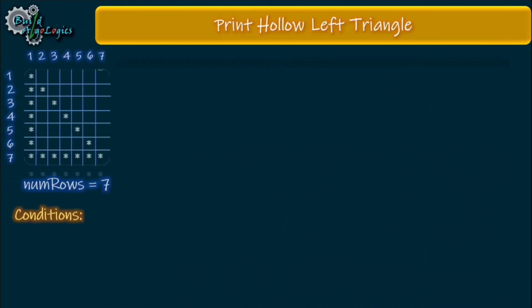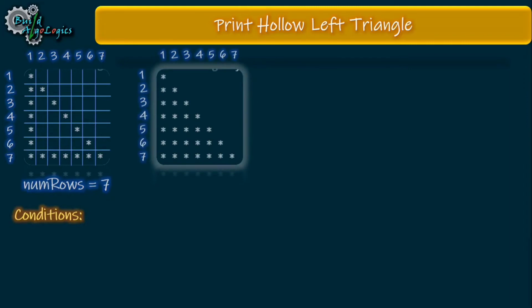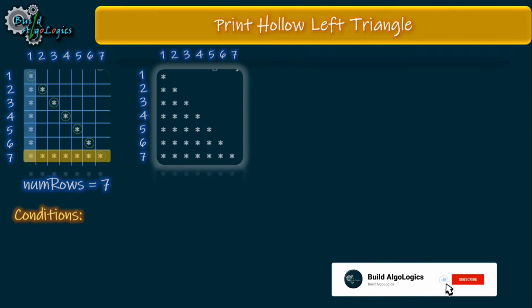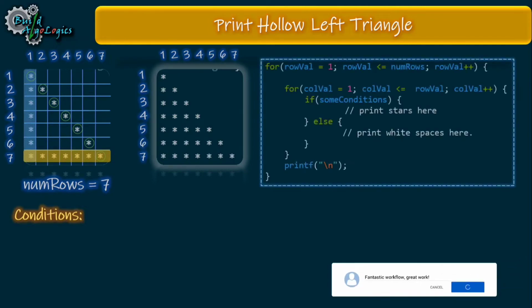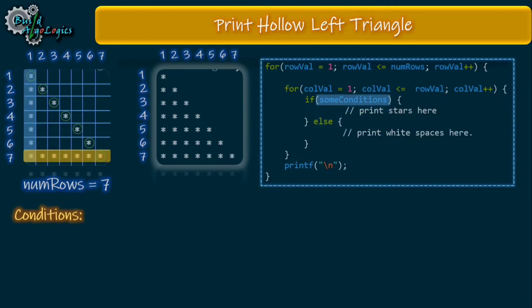Now let's see how we can approach writing our code for the next pattern. Here in this picture we numbered it like this, and according to these numbers we will derive our conditions. This pattern is very similar to this one, which is nothing but our solid triangle, but here in the hollow triangle instead of printing stars all over, we print stars only in these parts. It means that we need to use some conditions here to print this pattern, and this condition we write here in this if block to print stars or pattern symbol only when this if block evaluates to true. So now let's derive our conditions for this if block.